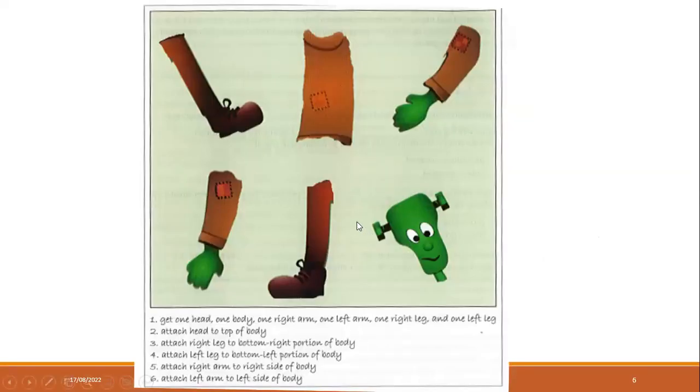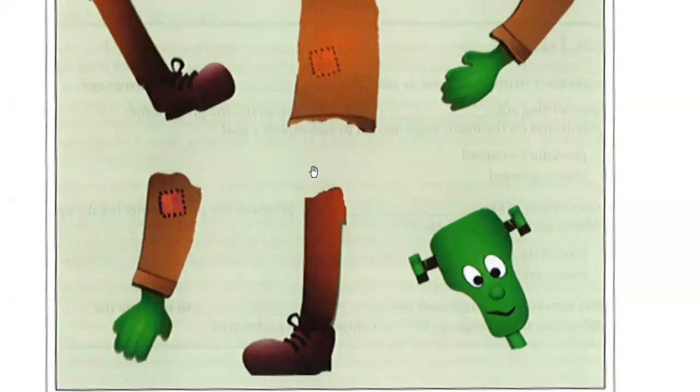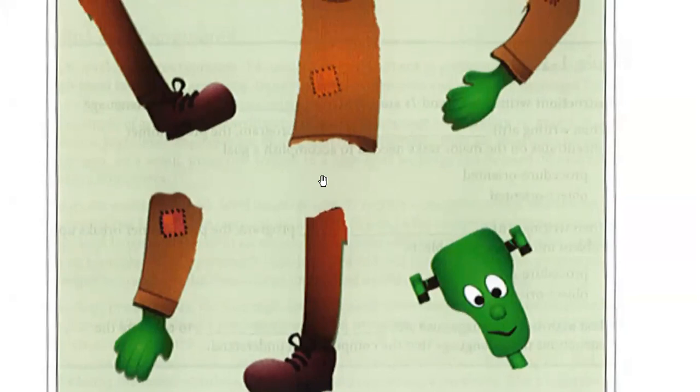So here we have a robot, right? This is a robot. This is a leg, this is also a leg, this is the hand, this is the body part, and this is the head part, right? So I give a program to assemble this robot. Assemble means you have to make this into a robot, right? If I give a task like assemble this robot, then you have to start from beginning to end, right? So can we start?